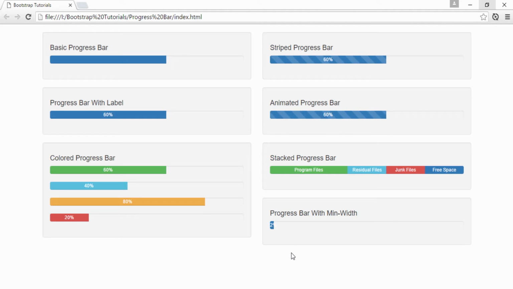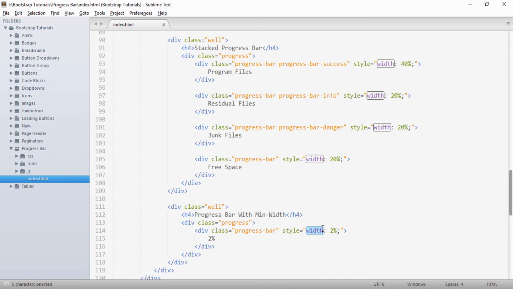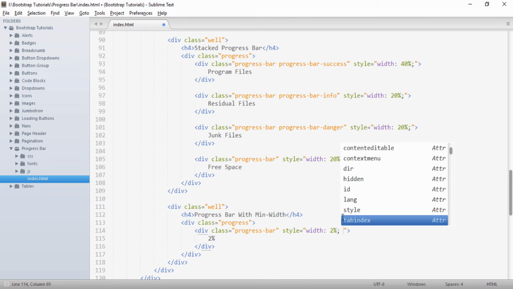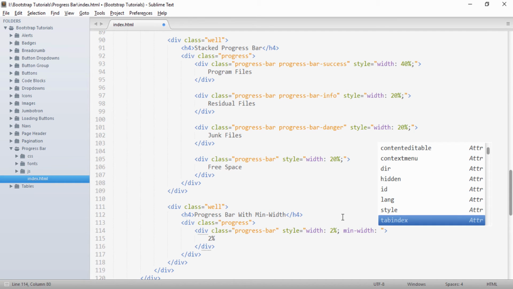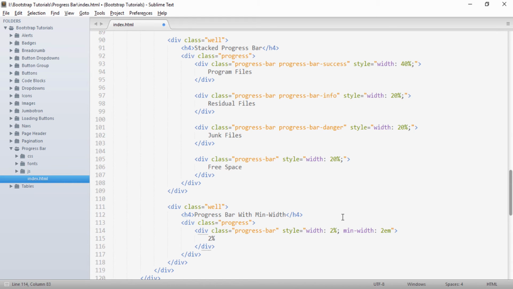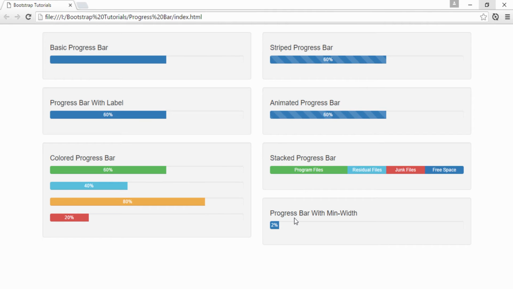So what we can do is, it's good to have a minimum width, so that a progress bar starts with a minimum width. To this width we will give another class as min width, and let's say we give it a min width as 2em, and if I save it and go to the browser, you can see the progress bar starts with a default 2% width. Friends, this was all about the progress bar.